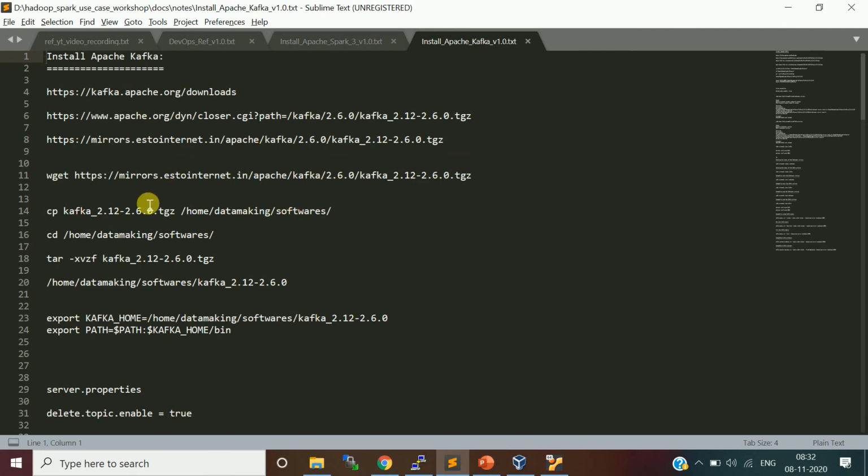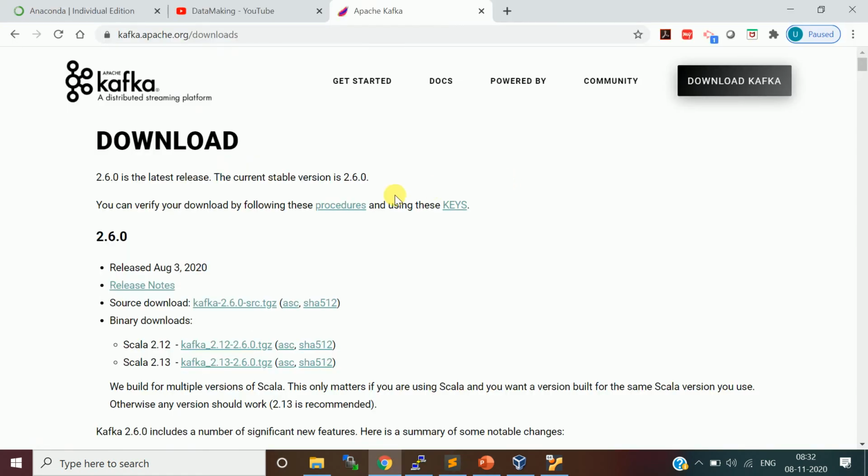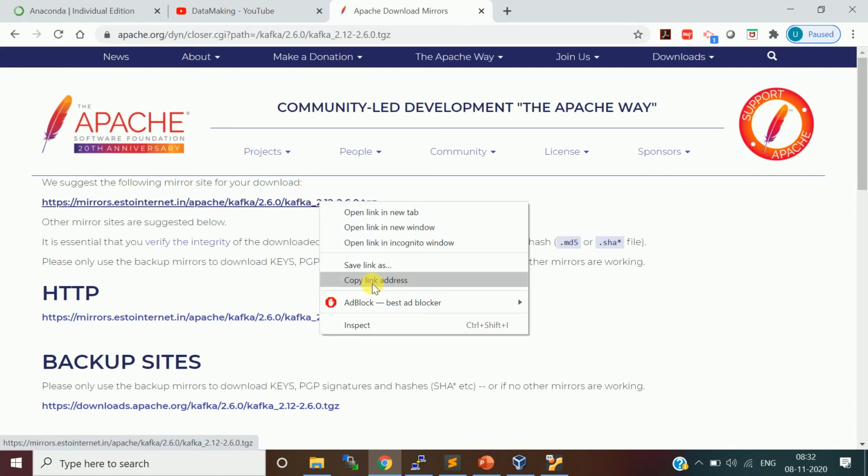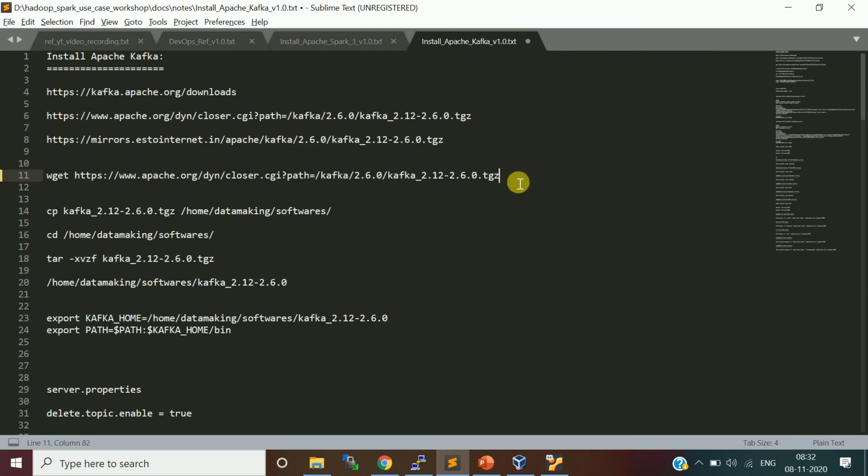Here I'll paste it. Actually I have to click on this and then take this address. So I'm going to take that and use it to download this binary file.